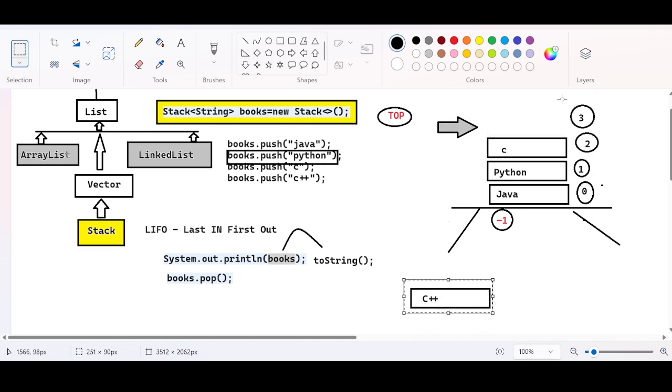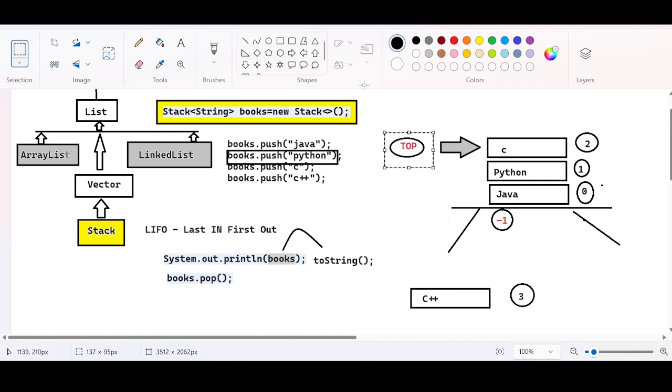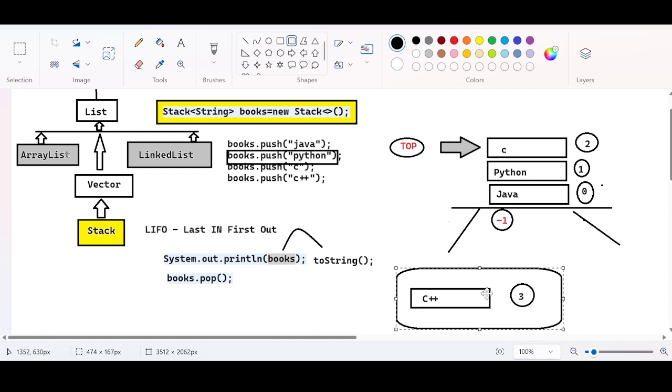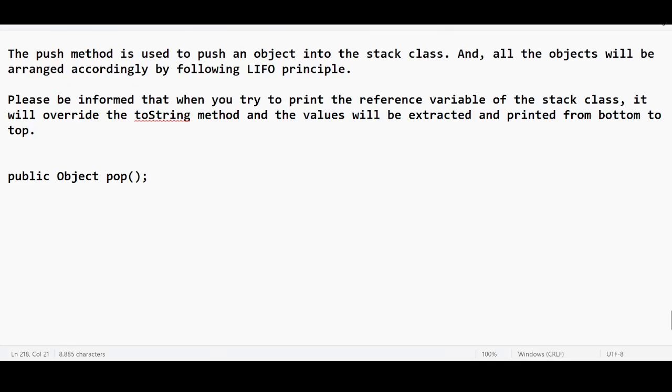When C++ is getting popped out, there is no concept of indexing. Now C is the top value, and the cursor will be pointing there. This has been deleted. I can say that this has been garbage collected. If I print this,